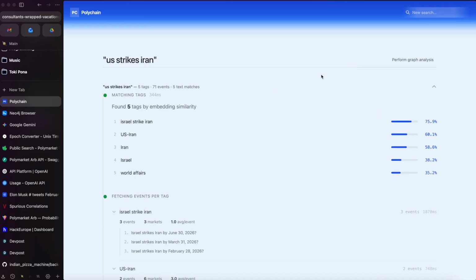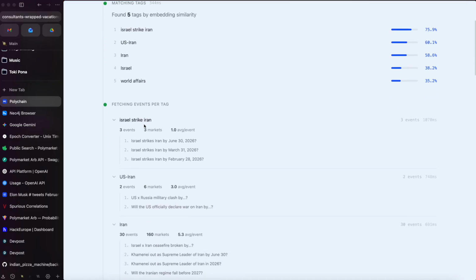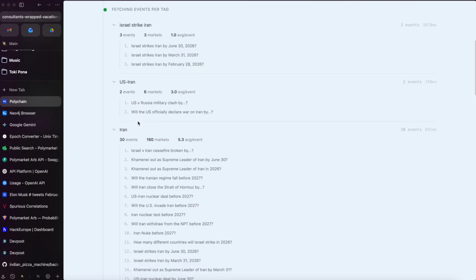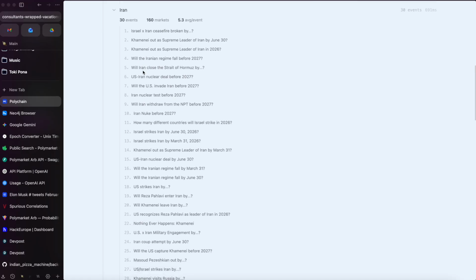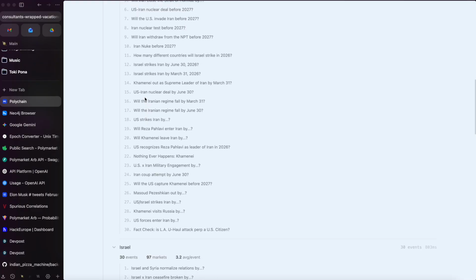How does it work under the hood? First, we construct vector embeddings of related topics so we can map what is most closely related to the user query. This way we can extract the key topics and then extract from that the key markets that are related to the user query, as well as related Wikipedia topics, so that we can even find topics that might not